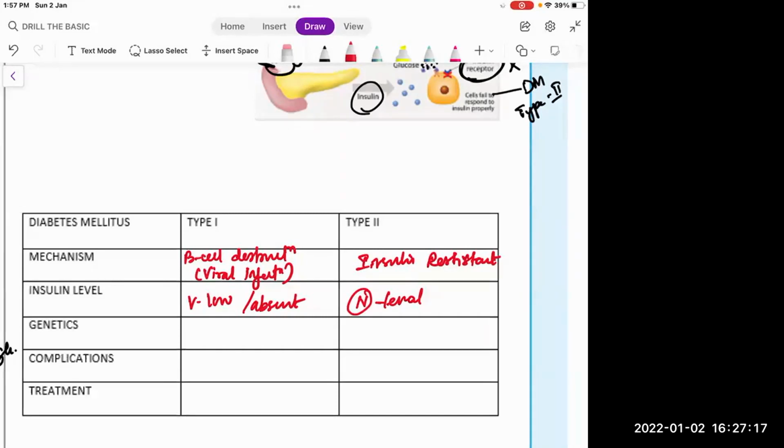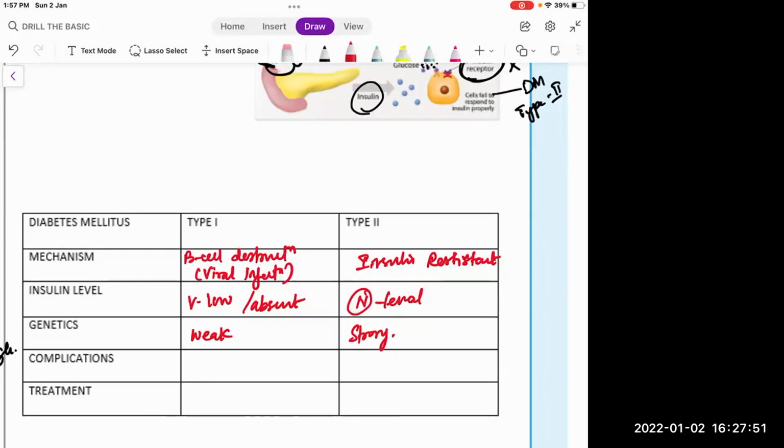In type 1, the genetic predisposition is very weak. Type 1 diabetes mellitus is not hereditary. That is the meaning of this. But in type 2, it is very strong. Type 2 diabetes mellitus has a high predisposition to heredity. Clear? And the most common complications in case of type 1 are neuropathy, nephropathy, retinopathy, and